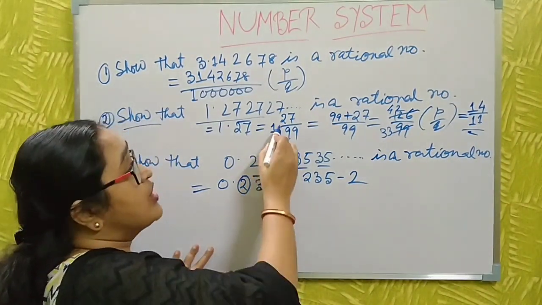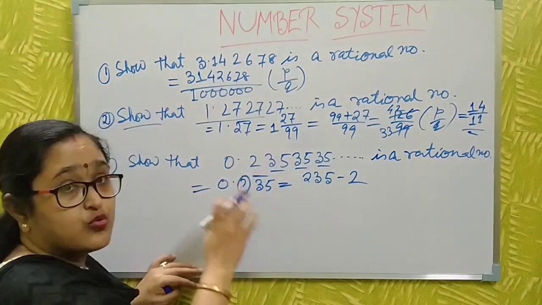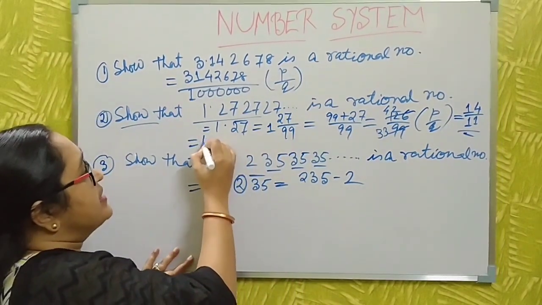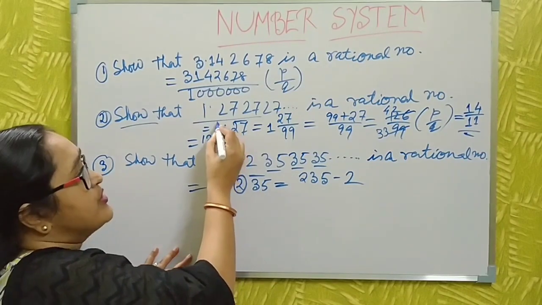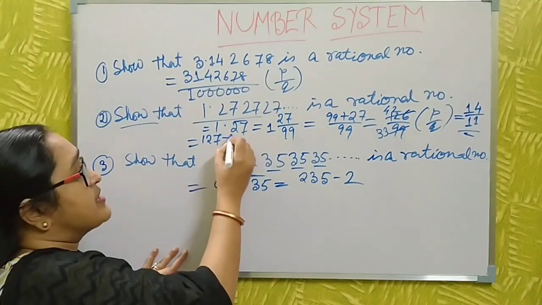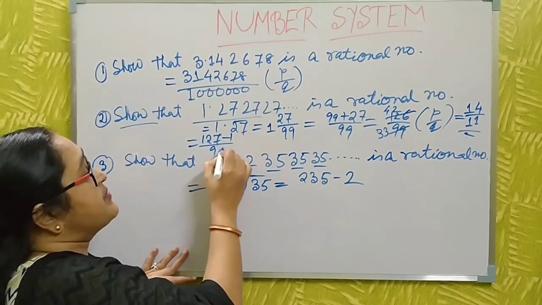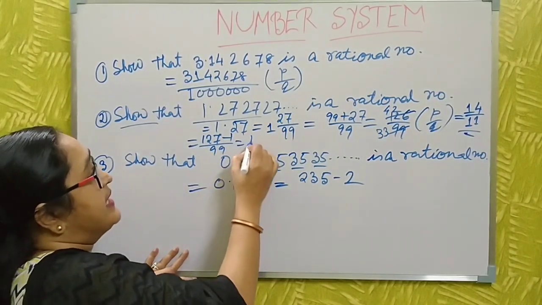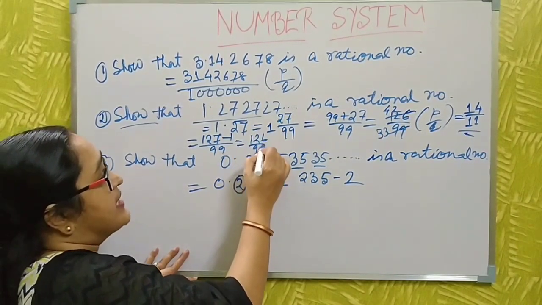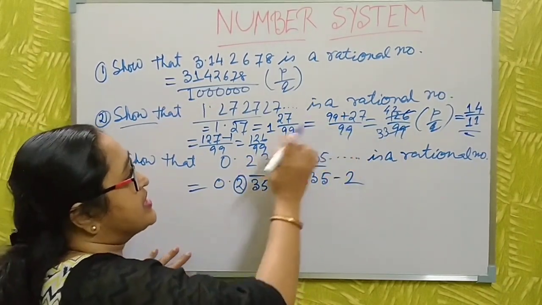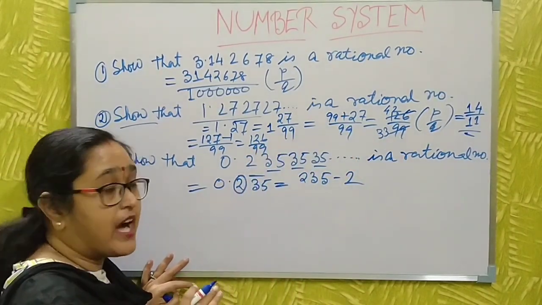Okay, you can also do it like this. This one you can do. Just look at it, you write here, and the number which is without recurring, you just subtract, and the recurring number gives 99. Then 126 by 99. These and these are the same. These are the two ways I am showing.